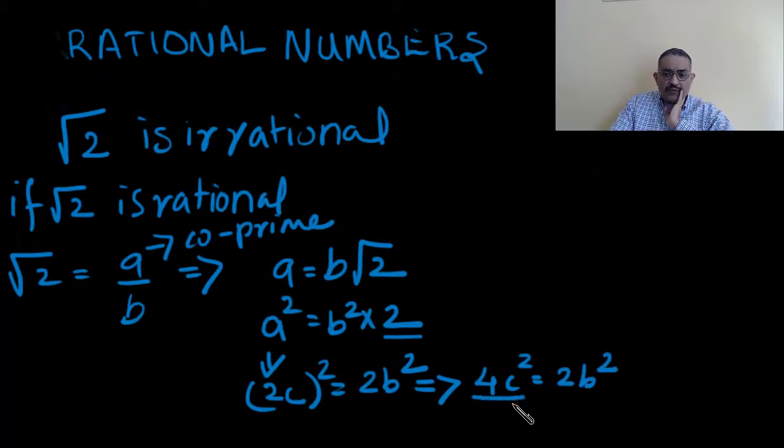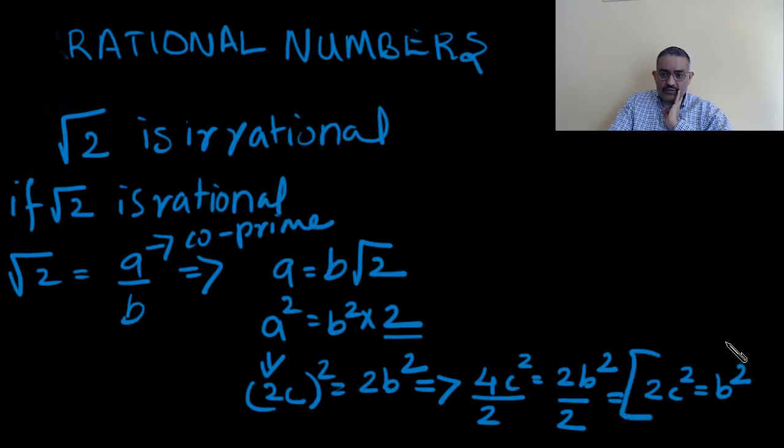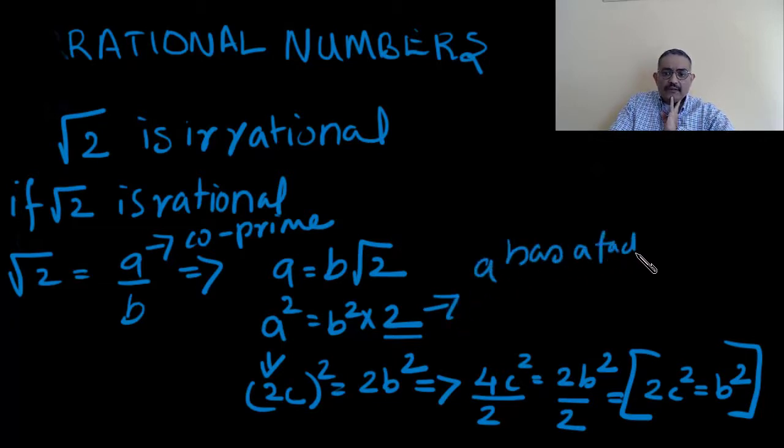Now if we divide both sides by 2, we are going to get 2C squared is equal to B squared. Now by the same principle, this means that B squared has a factor of 2, so B has a factor of 2 as well. So here we proved A has a factor of 2. Here we prove that B has